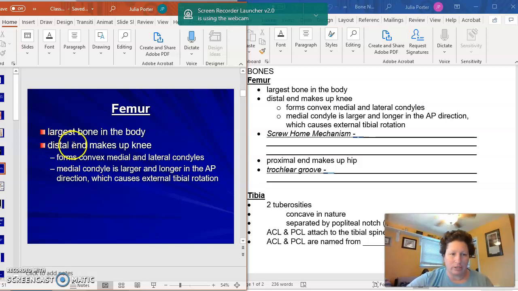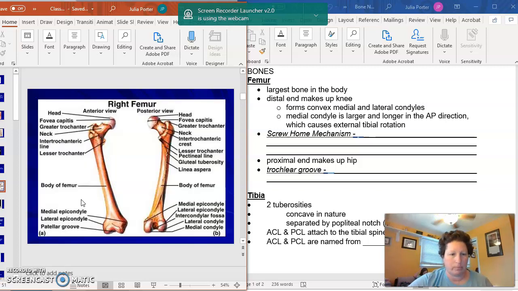So the distal end, remember distal means distance, so the distal end of the femur makes up the knee. The proximal end makes up the hip, which we'll learn more about in our next unit. So if we look at a femur, all right, here's the knee, here's the hip. Distal, proximal, all right? So we're just going to concentrate on this lower section here. So when we look at a femur,